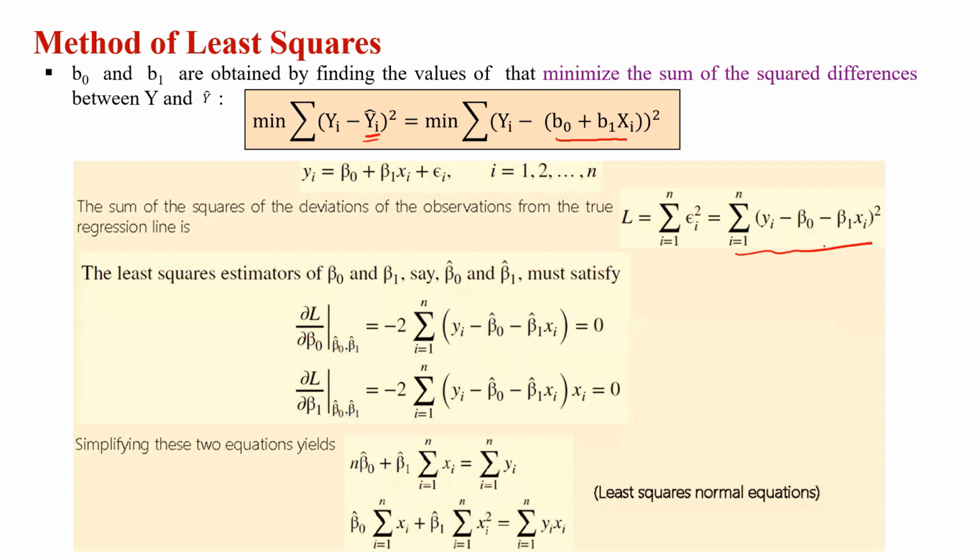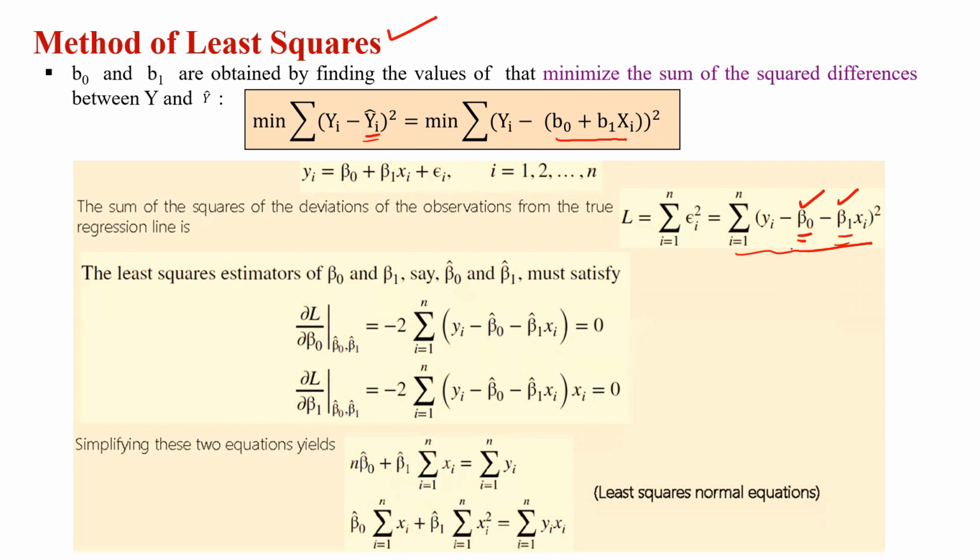Now, what kind of formula are we going to use to find the values of beta naught and beta 1? We can apply the method of least squares. And what is the method of least squares? We are going to differentiate this function first with respect to beta naught and then beta 1 in order to find the values, and we will equate those equations to 0. Okay, so let's first